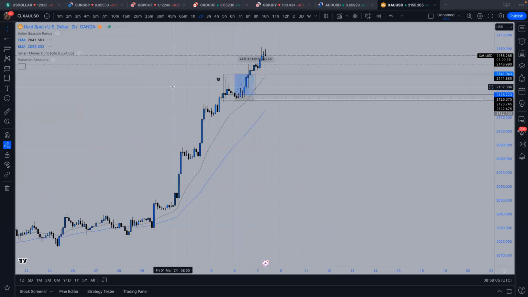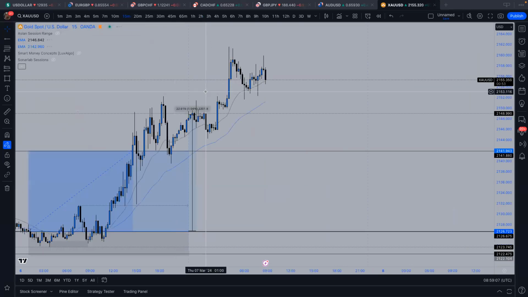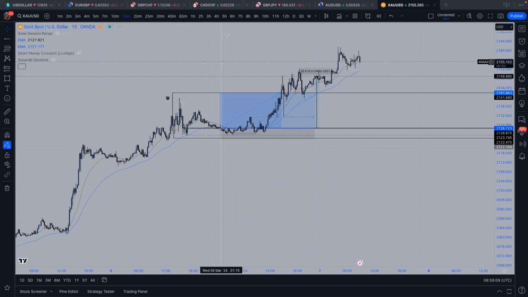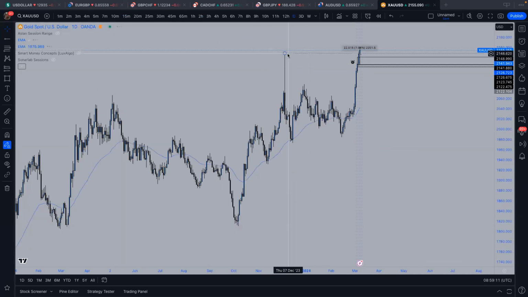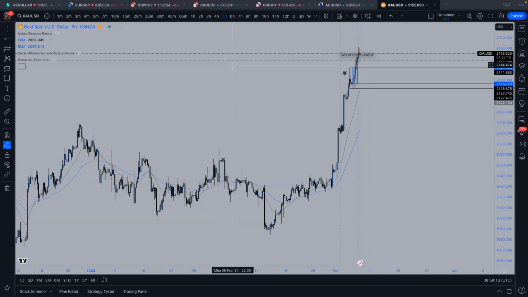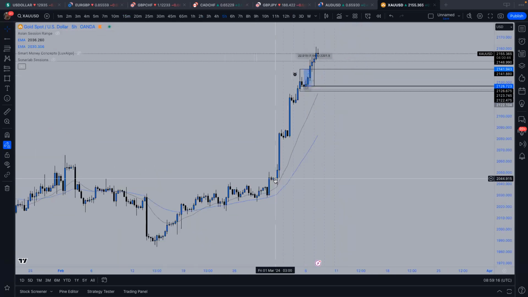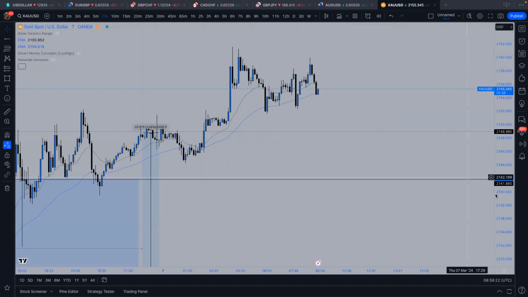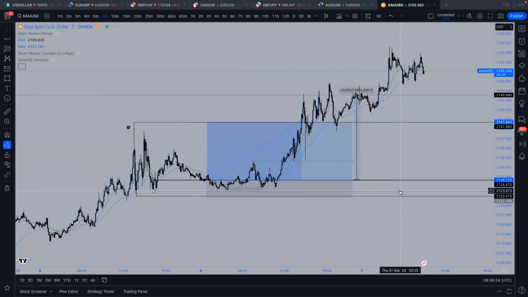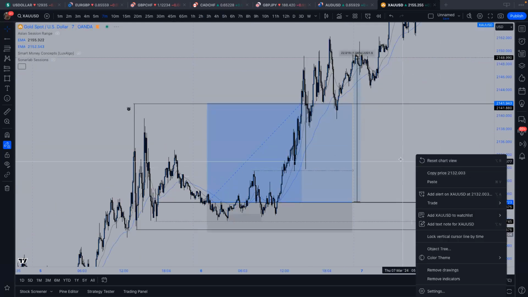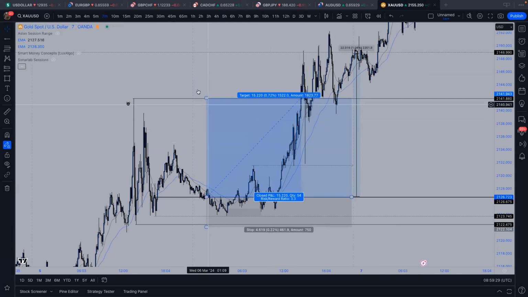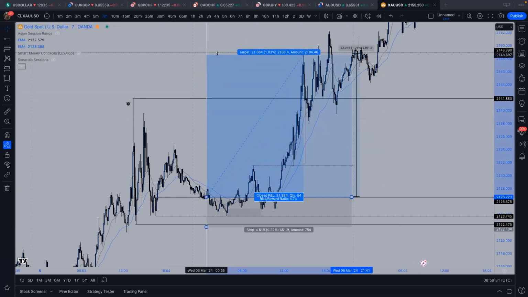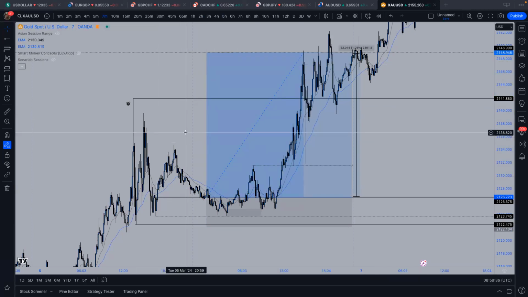Gold, really nice longs. I was looking for this daily high to get met. All of last week and the beginning of this week, we just ran and ran and ran. So in my head, I was like, there's literally no point even trying to sell this, because there was so much heat in it and so much strength in it. I had my first target here. I had my second target up here, which was that weekly high.